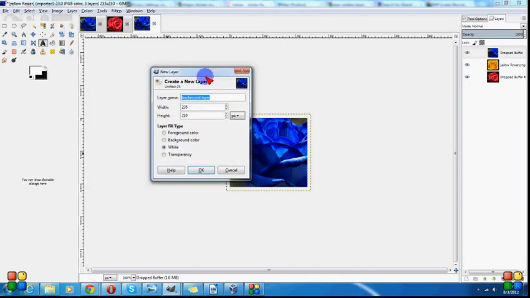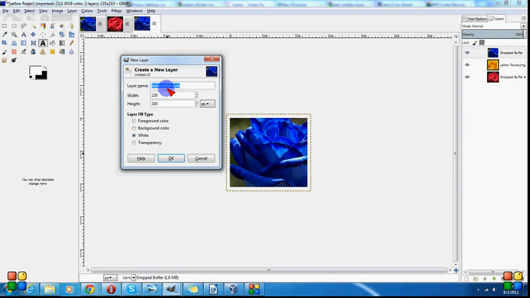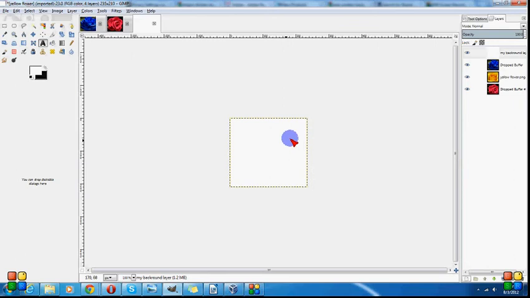Well, I'm about to make a new layer, and I've called it, you can type in here, like my flower background layer, or my background layer. You can choose a layer fill type. I'm going to choose white. I've got white selected, so I'll click OK, and now I've made a new white layer, but that layer is the same size